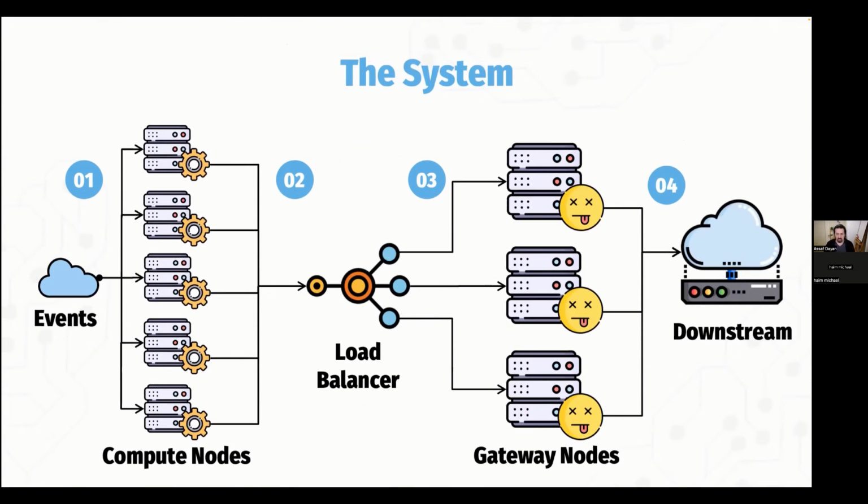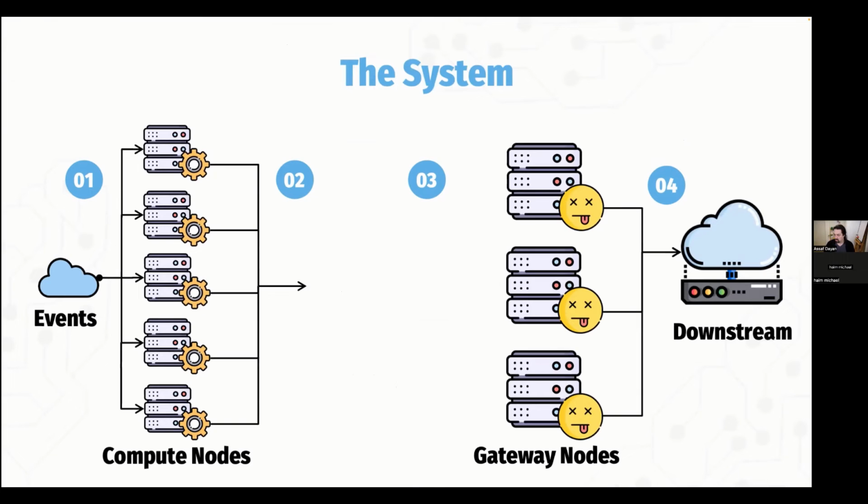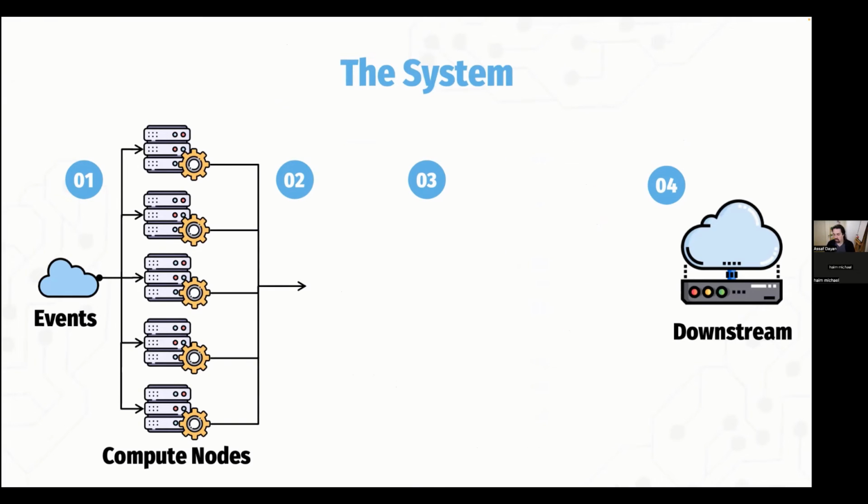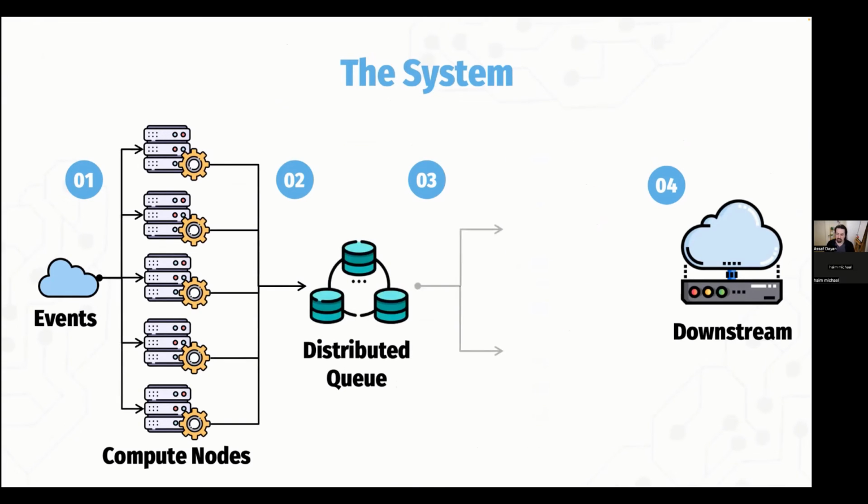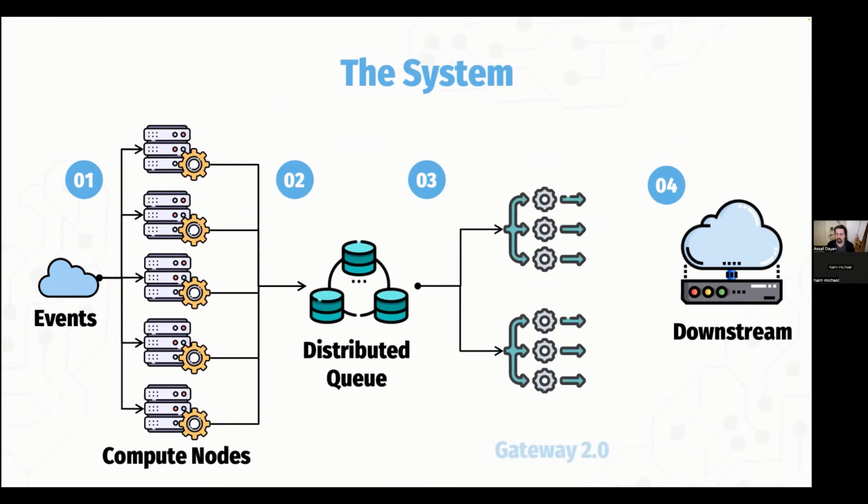So with that understanding, let's see how our solution looks. We are removing the old parts and putting in the queue and a few of those Gateway 2.0 nodes. We put in a few not because we need that for performance, but because this is production and we expected some issues or outages, and we had to make sure that we are able to survive and be resilient through those